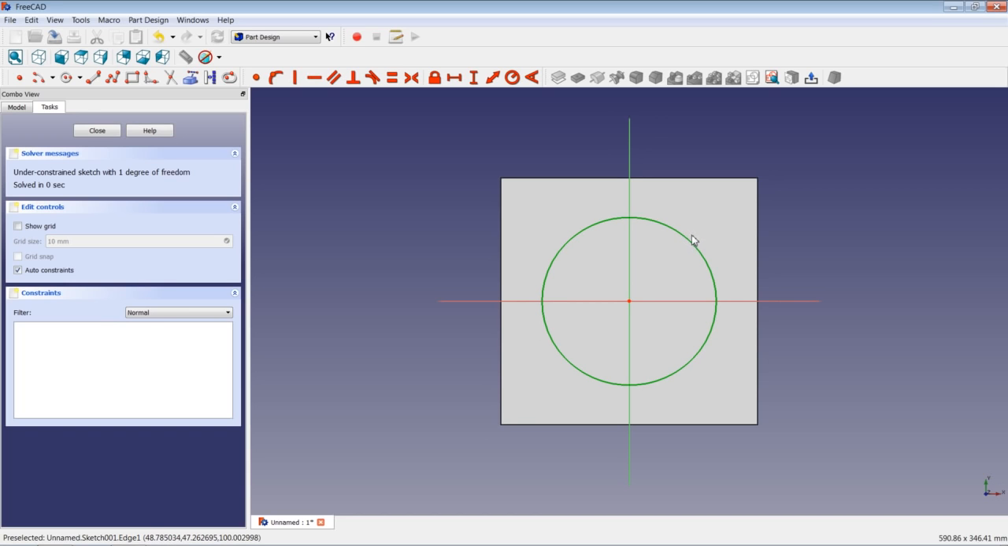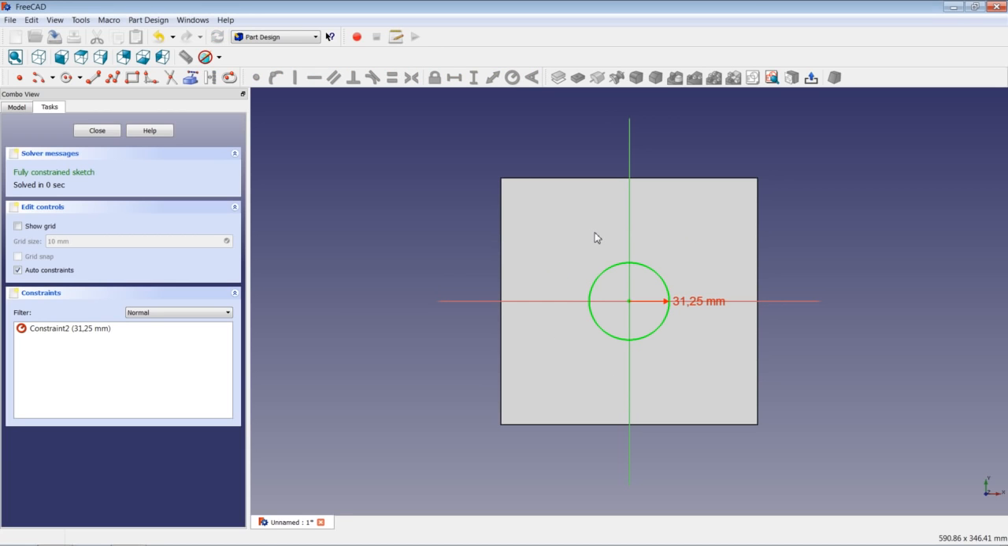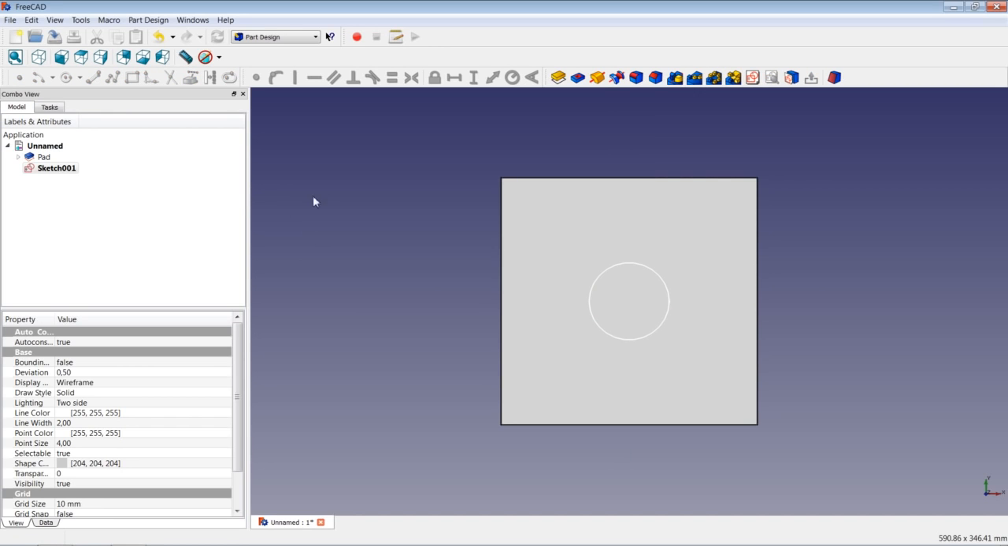this circle, and I will constrain it with a radius constraint. The radius constraint I will use is 31.25 millimeters. I will press enter, and as you can see, the sketch turns green and the solver says fully constrained sketch. Everything ready to go. I will close the sketch, and then I will use the pocket